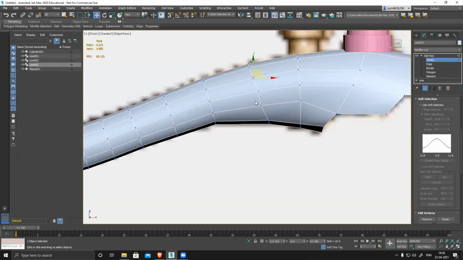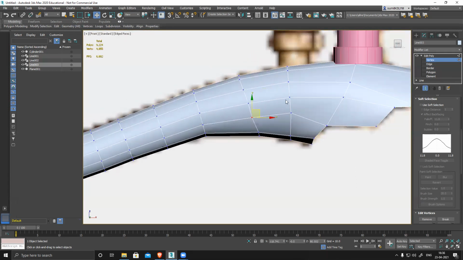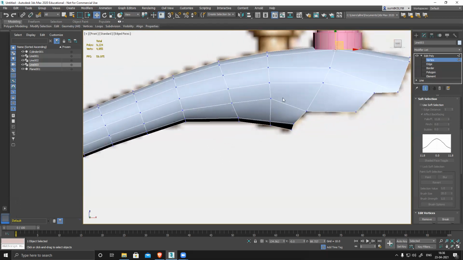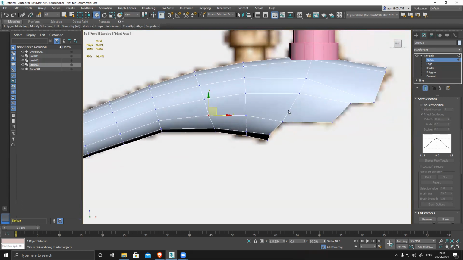So I'm just aligning. I just move those. So I'm just averaging out all those vertices and polygons and everything. You can see there's a gap. So make sure there's a smooth transition always. Average out.